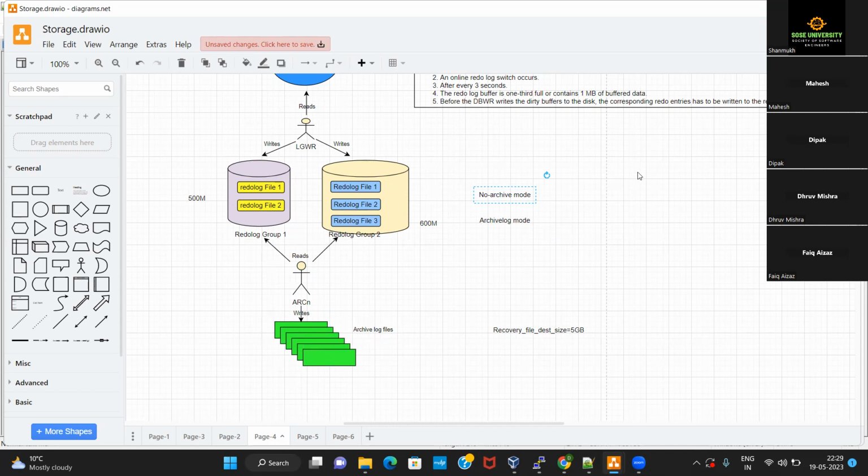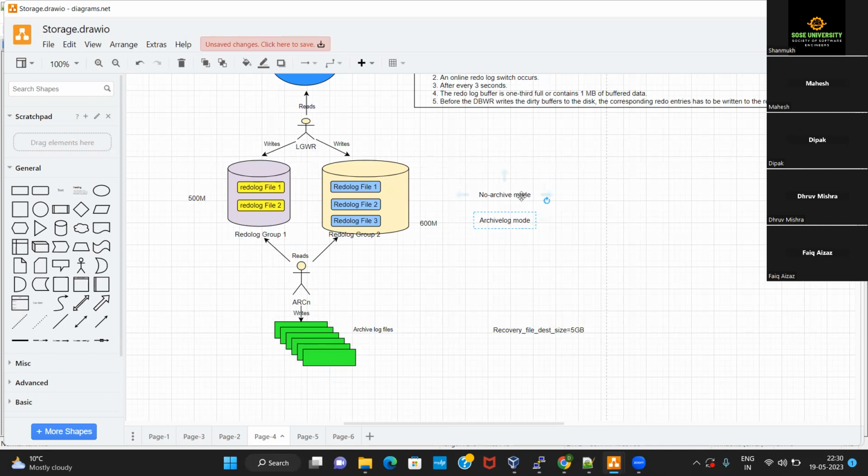Yesterday, we saw that example that, okay, you have a backup until 6 a.m. and there is a failure in the database at 9 a.m. So to be able to perform a recovery, you need a track of all the redo entries that were generated between 6 a.m. and 9 a.m. We talked about that example yesterday, right? Yes. So if you have not preserved those redo entries in the archive log files, you won't be able to perform a recovery. So that's why for production environments, it's important for the databases to be running in archive mode.